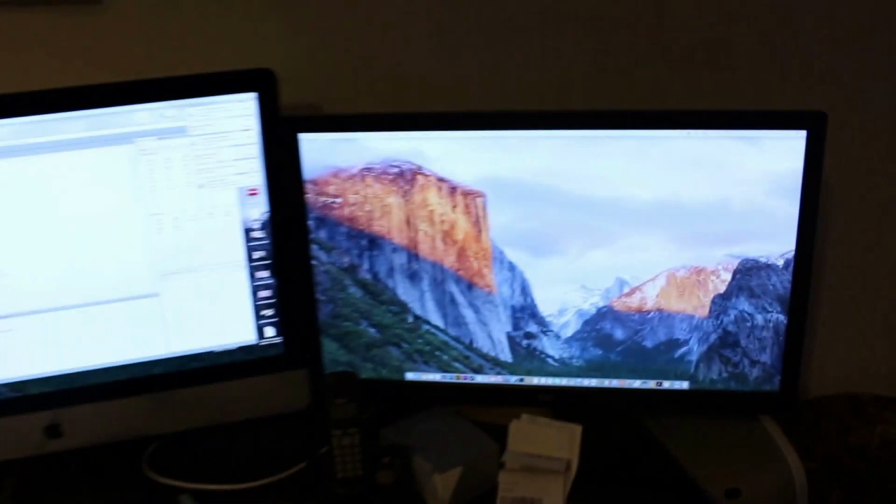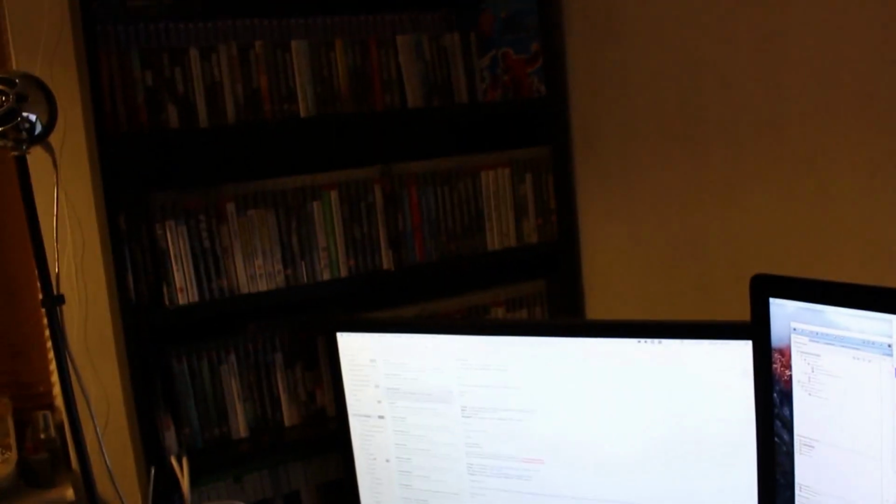Now this is a bit more difficult to see. There we go. So that's all the 360s there, and then that goes down to another shelf of 360s. And that's it. That's all she wrote. So there you go. The game room tour finally